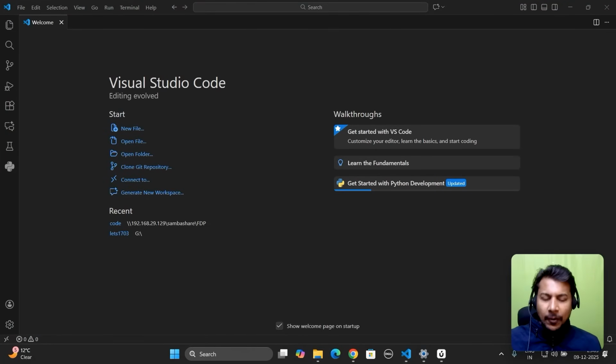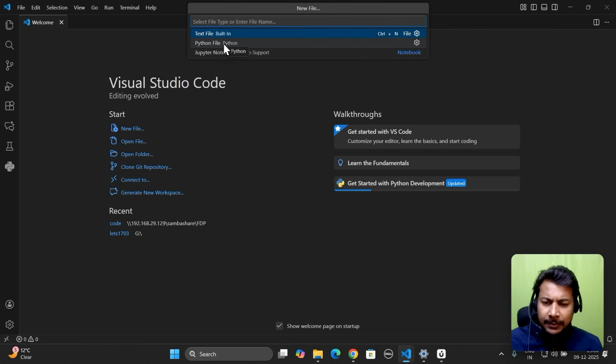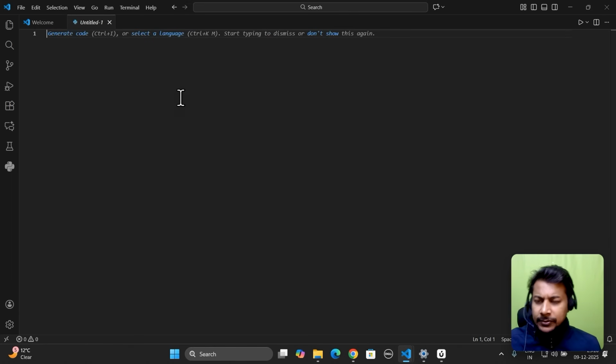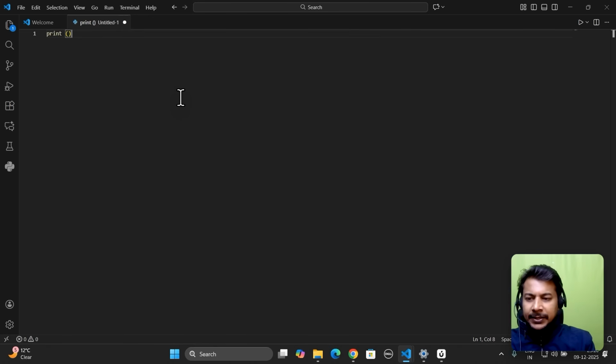Now we will see how to use VS Code and how to run a Python program using VS Code. So first of all, this is VS Code. I have already installed it because it will take time. You just download it from its official website and use it. You will see this kind of interface. First, new file. Python file. Yes, Python file. Here I'm going to write my first program, print